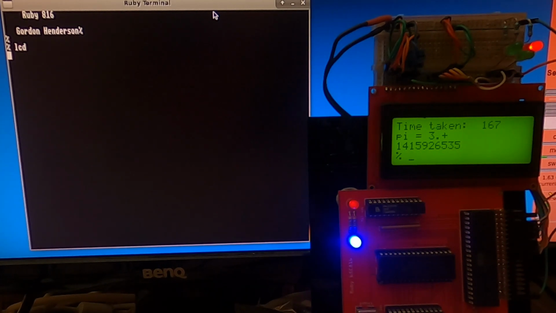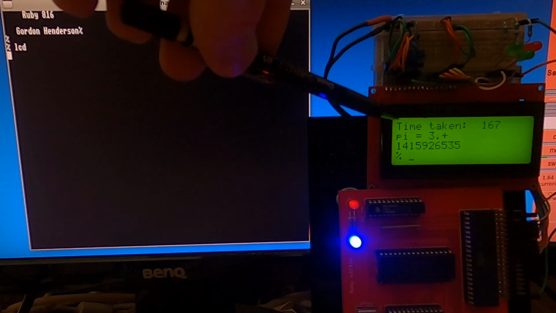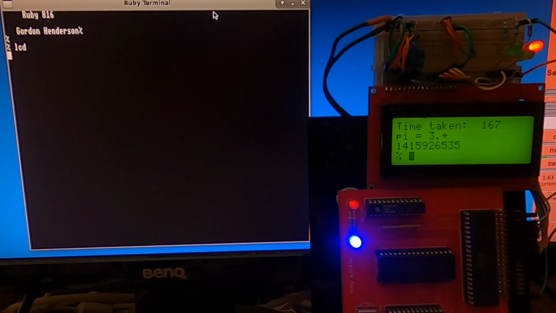One thing to note is the scroll is all done in software. So whenever the screen scrolls, I've got a software copy of the tiny little frame buffer here, 20 by 4. And to scroll the screen, I scroll it in memory and then I literally redraw the entire thing. It's not very fast. If I demonstrate that, if I run another program,